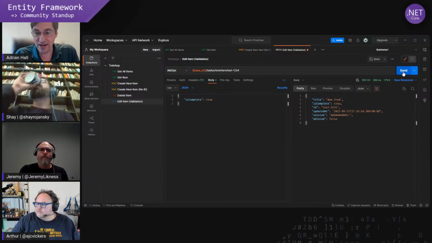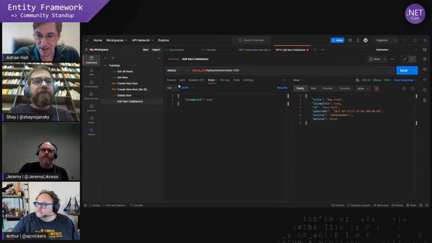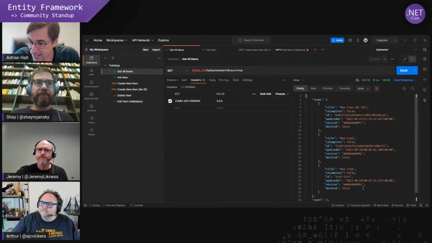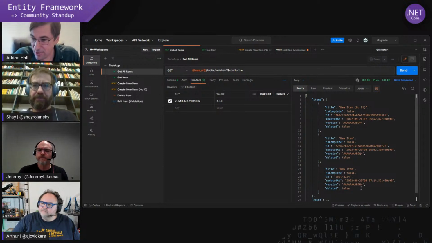So that's how you can do a partial update without sending everything. Correct. And if I go back, this is test 1, 2, 3, 4, and we notice we've got a different version value here than before. So this is the versioning in action.